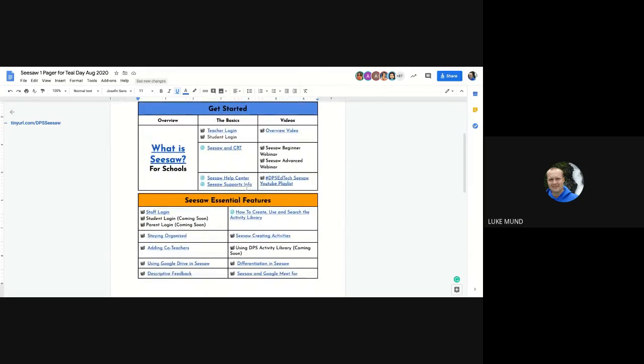I want to highlight here that you're probably going to get overwhelmed at some points during Seesaw just because there are so many little click paths and so many little things to see. But we have videos to support everything here. So you're like, oh, I forgot how to add a co-teacher. Boom. We have a 2-minute video, how to add a co-teacher. How do I differentiate? Boom. Differentiation in Seesaw, a nice little video, just a few minutes long. How do I search the activity library? We have that all here. So if you ever find yourself thinking he's going too fast, or I'm not going to remember that, just remember, come here.